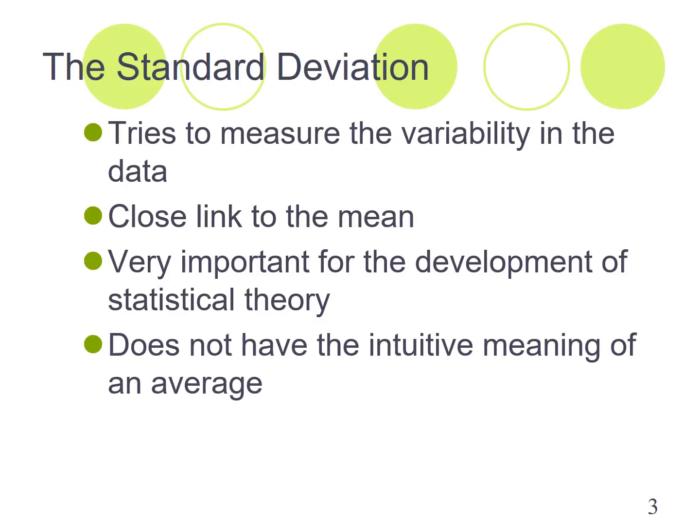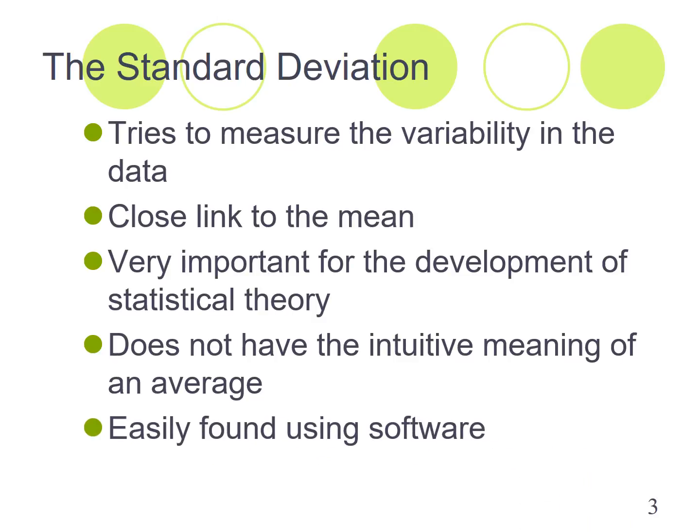Unfortunately, it doesn't really have an intuitive meaning that, for example, an average has. People can kind of picture that in their heads. And it's a little bit harder to imagine exactly what the standard deviation is, but I suppose it really is how far most of the pieces of data were from the mean. It might be an easy way to work it out. So it's easy to find using software. We're going to actually calculate it out, and it's very good for getting you to understand some of the